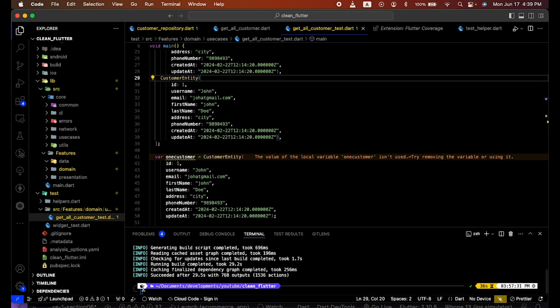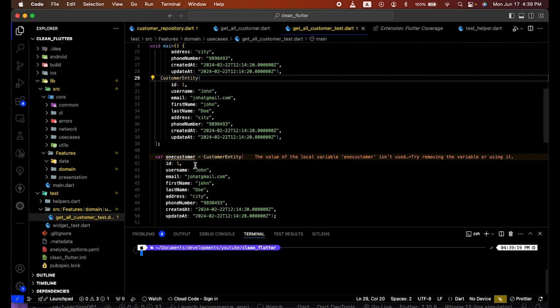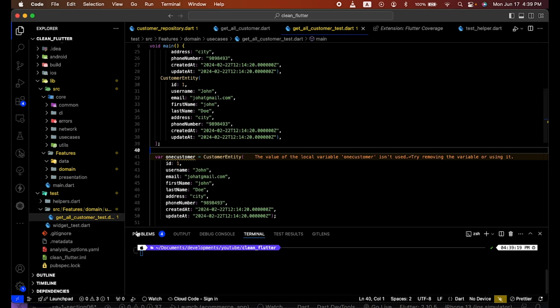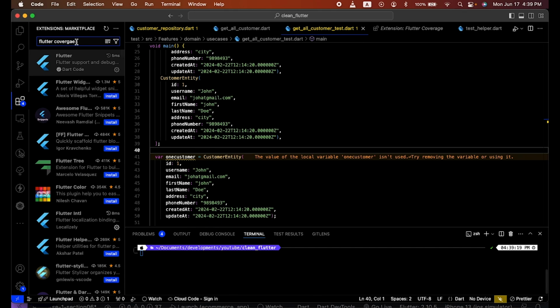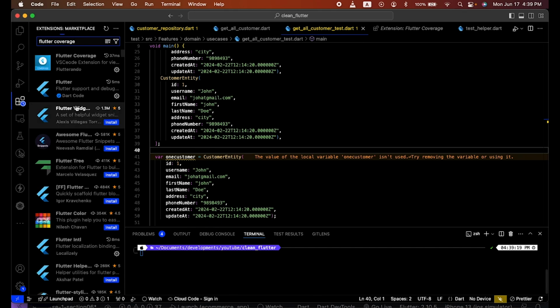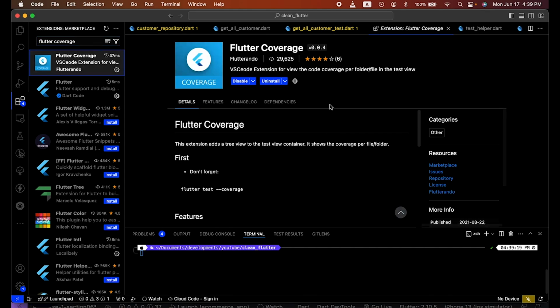So this helps us a lot when you are doing testing, to have a report and analysis of your testing overall. So in VS Code there are these Flutter coverage extensions that will help us. First, just install this Flutter Coverage by Flutterlando, okay, and